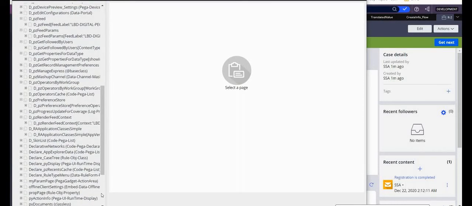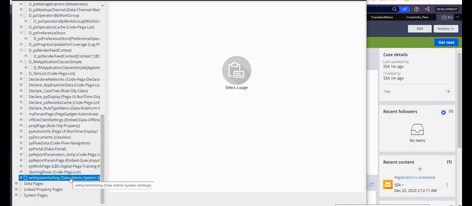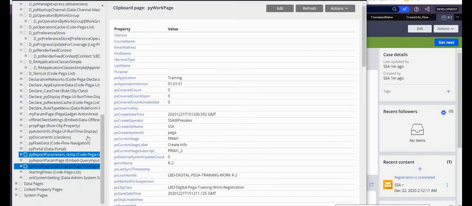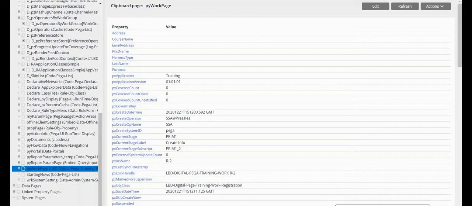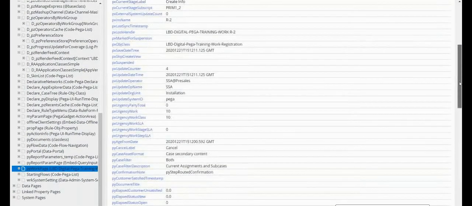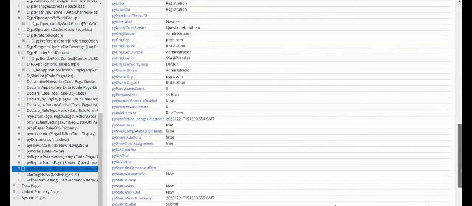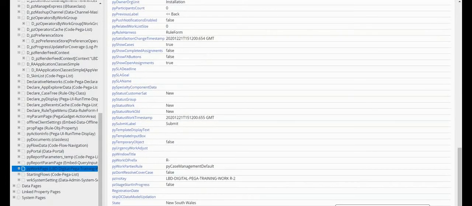So there might be a requirement where they will be asking you for the translated value itself. At that time you have to use this get localized value. There are so many ways. You have an activity, you have a control, you have this particular function. Can you see translated value NSW? Yeah, so I'm using get localized value. Some might be using get localized text for string. Some might be using the activity. So it's up to them.